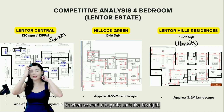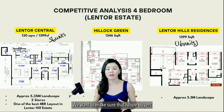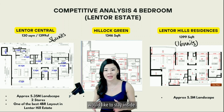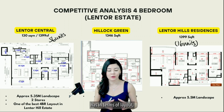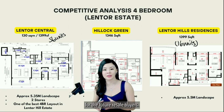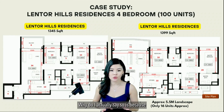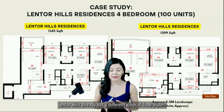So when we want to buy into units like this, what is the most important? We want to make sure that future buyers will like to stay inside. I feel that whatever Lentor Central has in terms of layout, it ticks all the boxes for the future resale buyers. Why do I say so? Because if I compare between Lentor Hills, Lentor Hills